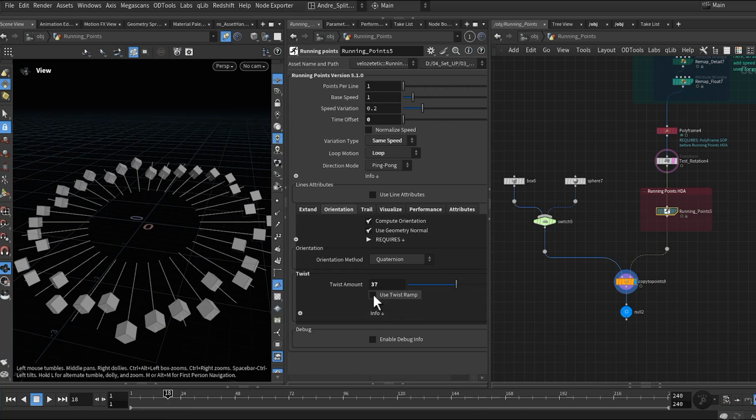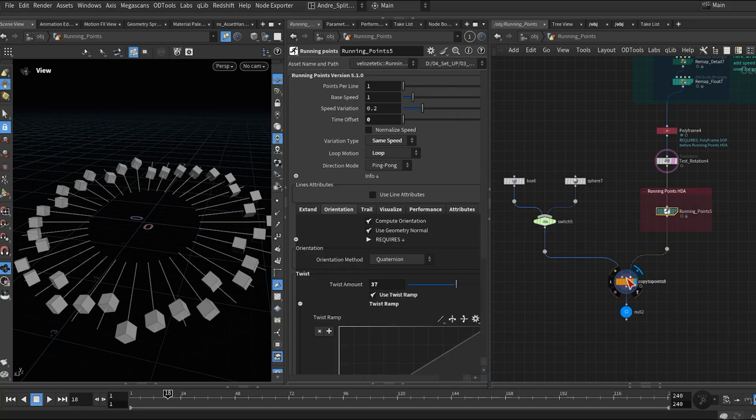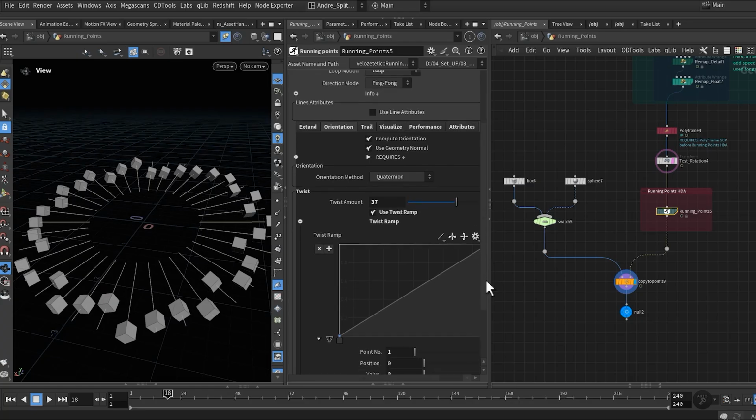And a twist ramp. With twist ramp, you can remap the twist along the curve for even more precise control.